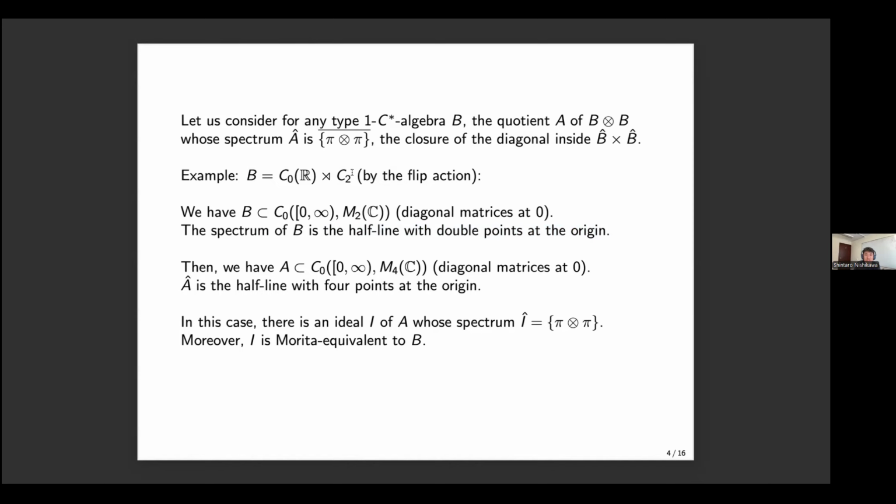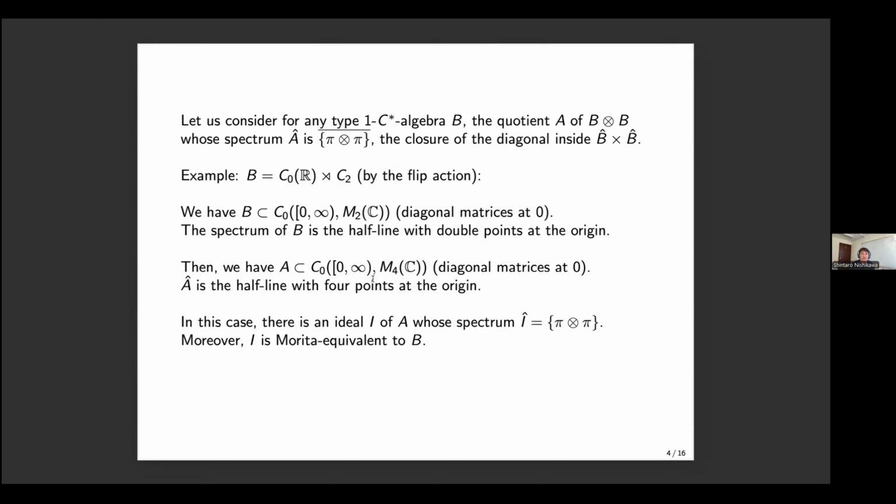This example shows up in many places. Then consider B⊗B, and then take a quotient corresponding to π⊗π. And then if you think a little bit, what you get is the C-star algebra which is just the cone of M_4, but now at the origin, you have 4 points, right? So this is